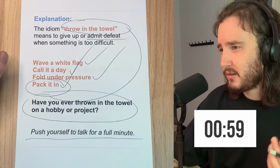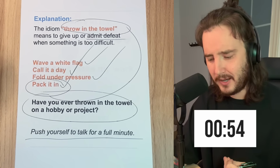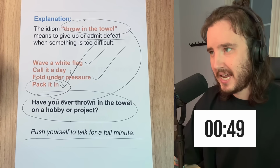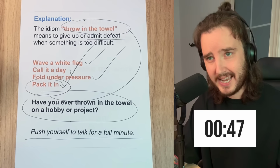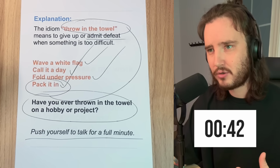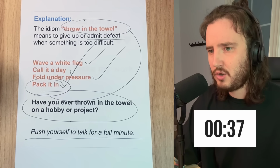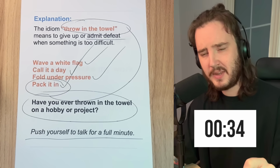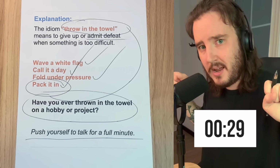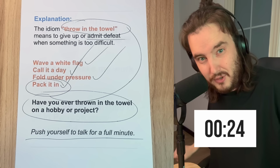All right, guys, so here's my personal connection to my life. When I think about throw in the towel, when I think about this question, I think about a fitness goal that I had last year. I started watching videos on YouTube about an exercise called a muscle up. A muscle up is when you grab a hold of a pull-up bar and you first do a pull-up, then you push up and over the bar and kind of do a dip,